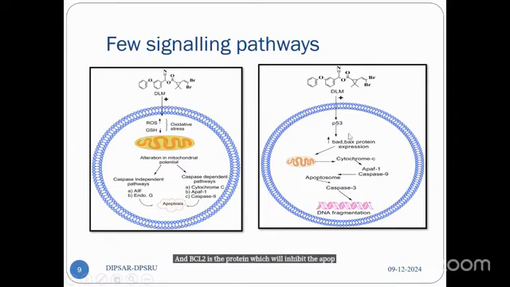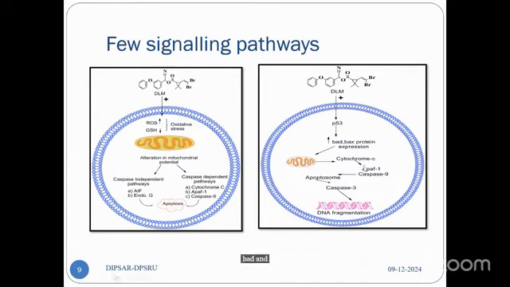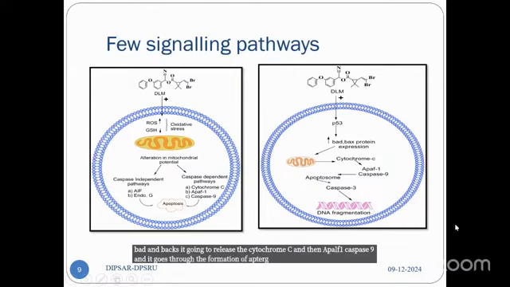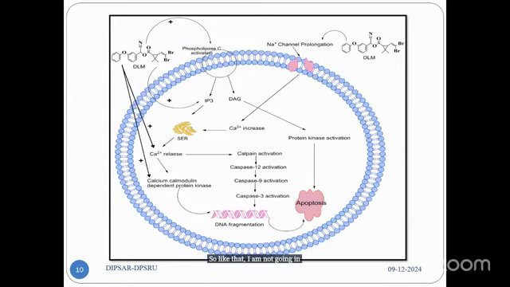So there is a balance, but if there is exposure which increases the expression of BAD and BAX, it's going to release the cytochrome C and then APAF1, caspase 9, and it goes to the formation of apoptosome, and then caspase 3 is going to do the DNA fragmentation. So like that, I am not going into much more detail about the signaling pathway, but my only